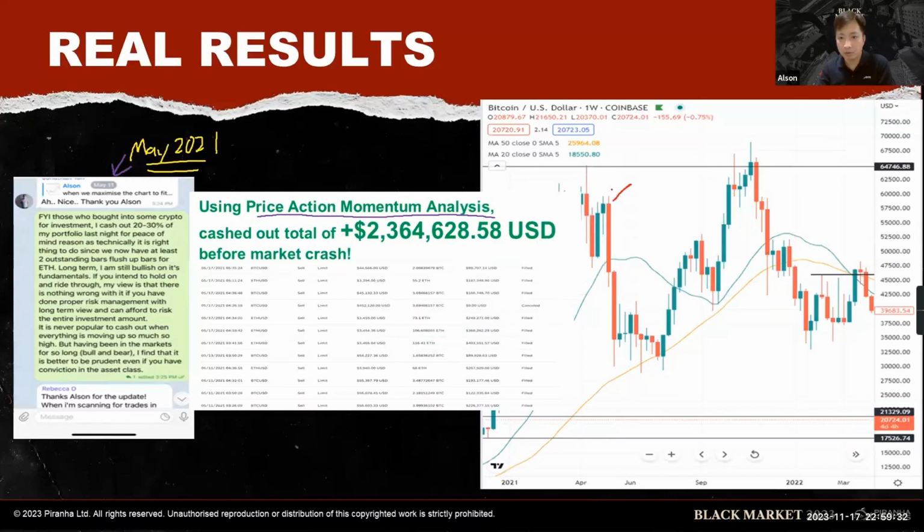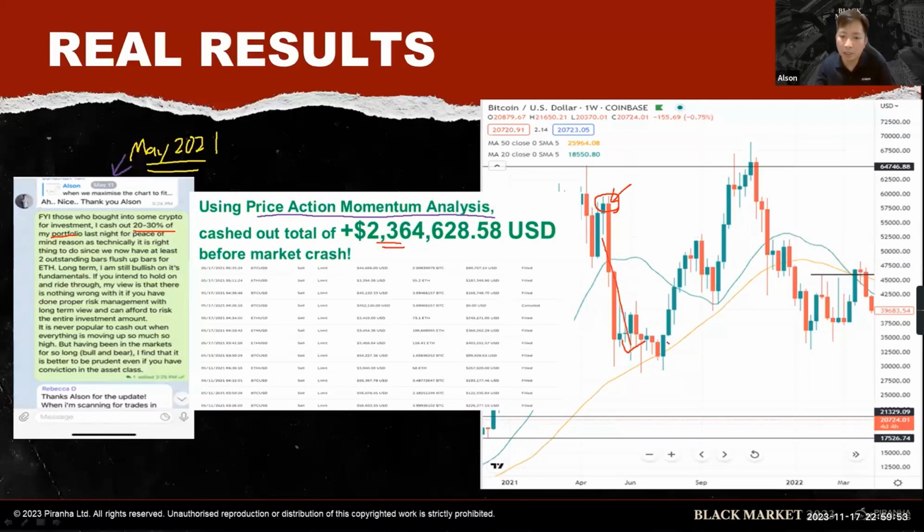So I informed my students when the price was somewhere here. I told my students that I cashed out about 20-30% of my portfolio. Actually, 20-30% was 2.3 mil. My portfolio was more than 10 million during that time. Eventually I cashed out more than $10 million in crypto, and then as the market crashed, I